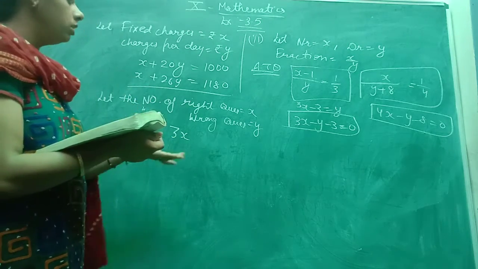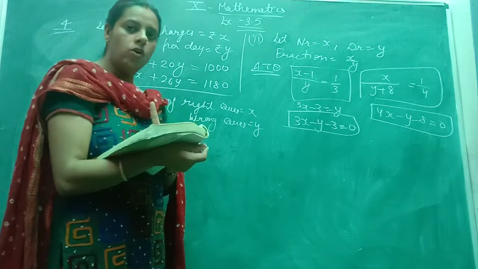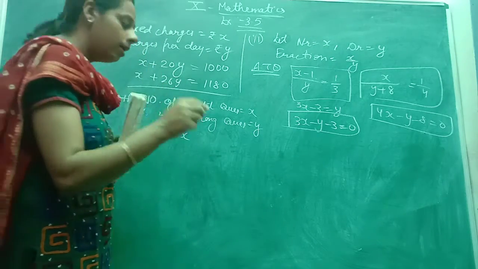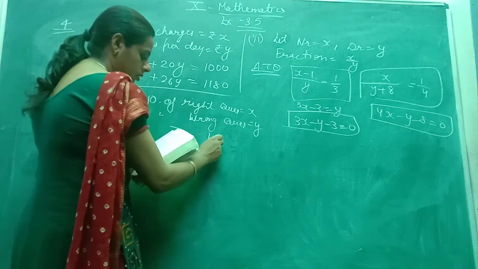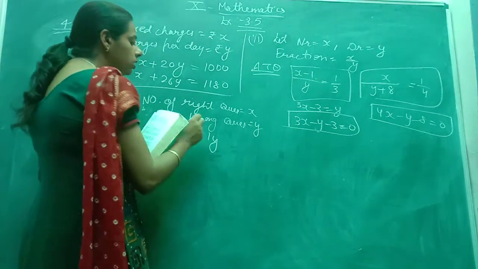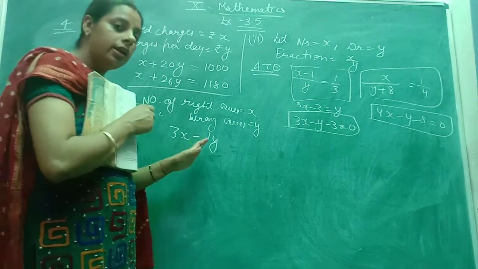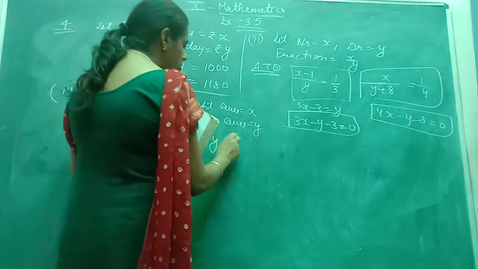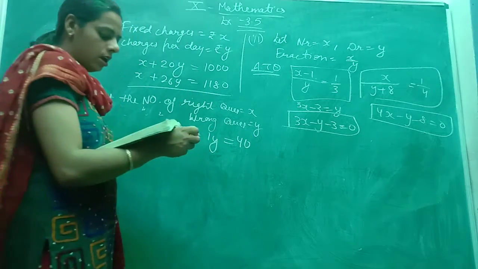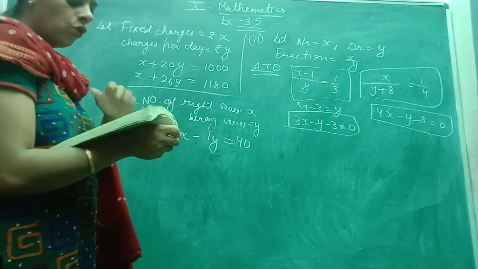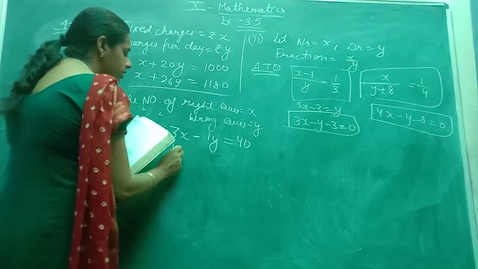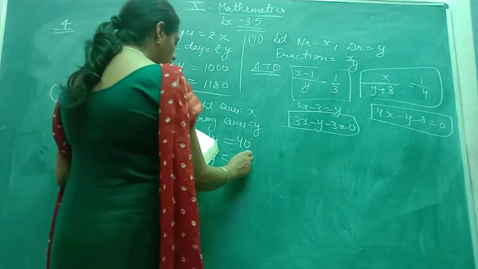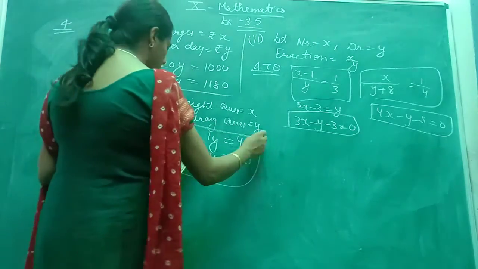But one mark is being lost, it means deducting. For one wrong answer there is minus 1, so for y wrong answers there is minus y. It is deducting, so it becomes minus, it does not increase. If it increased it would be plus, but for wrong answers it will be minus. So your total score is 40. In the same way, if you have 4 marks for the correct answer, then 4x, and deducting 2 marks, that is 2y, then you have the score 50, and then you have to solve this pair of linear equations.